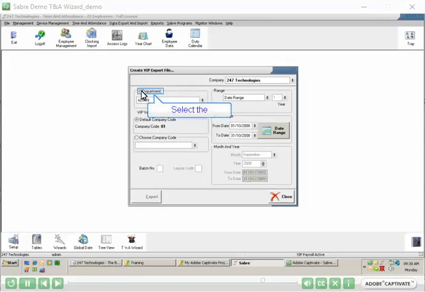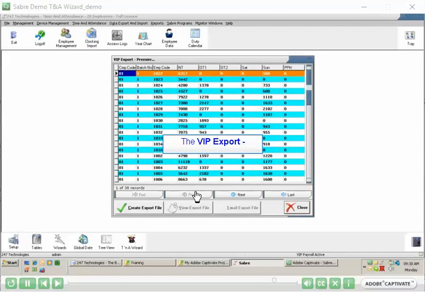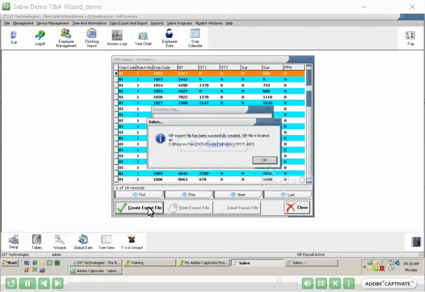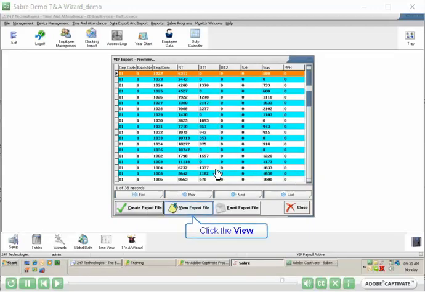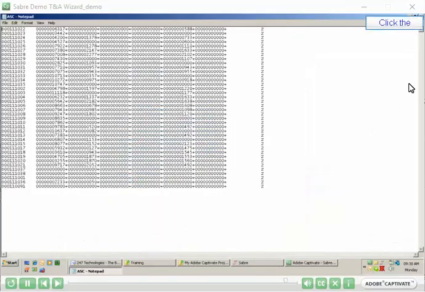Here you can select a department if you've broken down into temp staff and permanent staff, or if you created multiple companies for your employees. You would need to select a batch number decided in VIP, and then you click the export file. To create the actual file that VIP needs, you click the Create Export File button. That is the path where the file is stored. You can view the actual file that goes into VIP,